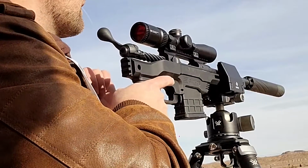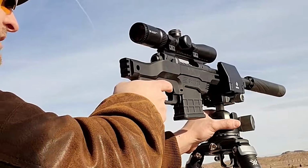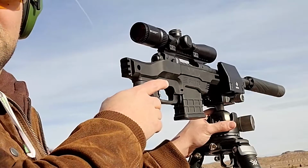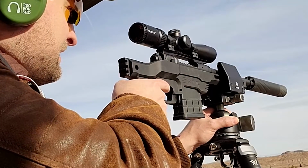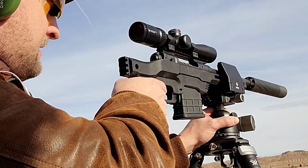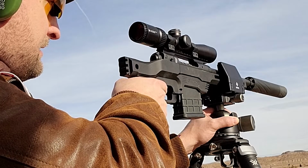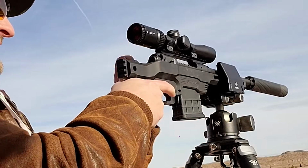Yep. This is a scout scope, and that's the question, like, what scope fits best on this gun? Right, you need 10 inches of eye relief. Yeah, so Vortex supplied all the scopes, but honestly, Leupold has the perfect scope, I think, for this. What's that? They have a VX3, but it's a handgun scope. Okay. It's like a 2 to